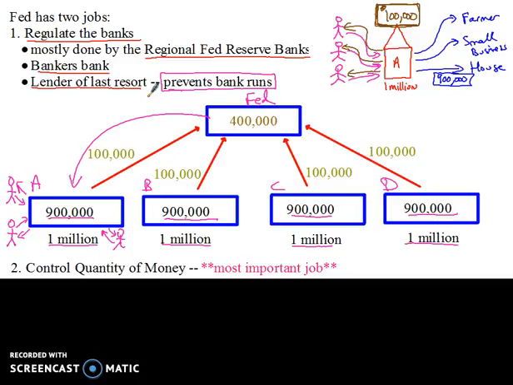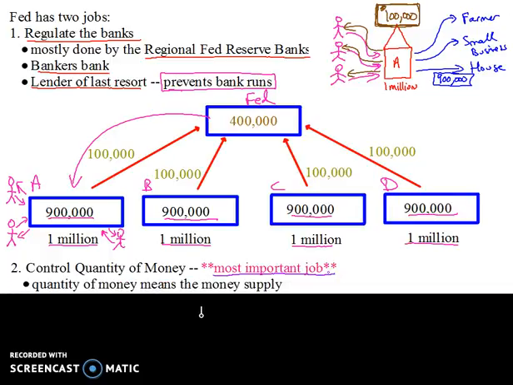On this podcast, we're going to talk about the Federal Reserve controlling the quantity of money. I'm saying that this is the most important job of the Federal Reserve, and that could be debatable. It's probably the most important to managing the aggregate demand curve and therefore managing the economy. So it's the one that's going to connect to the aggregate demand, aggregate supply model that we've been working on. Let's go ahead and talk about what this means.